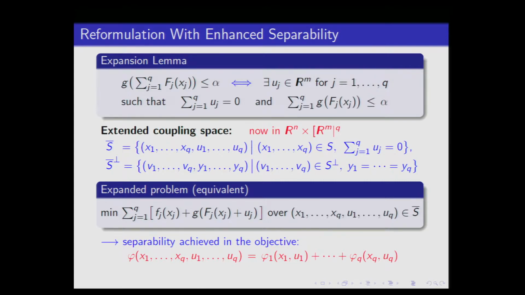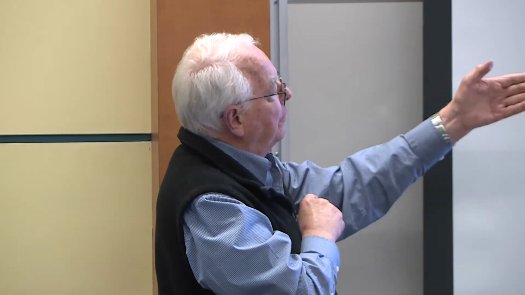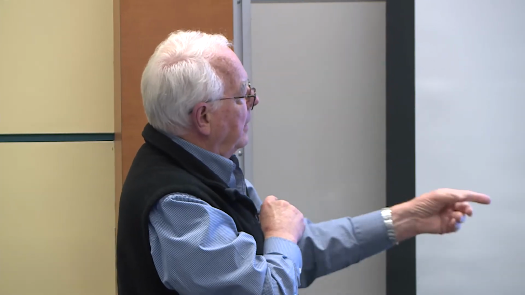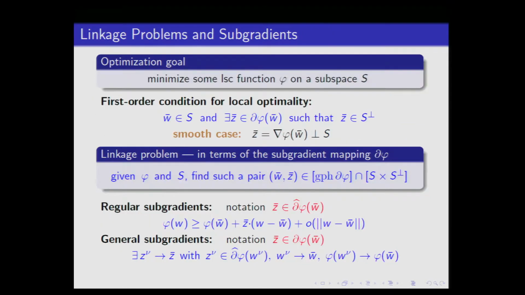So through that trick, where I had left out the u in the final lower right corner of that upper panel, I can rewrite the problem equivalently with the extra variables so it becomes separable. Separable in j. And so I'm going to minimize this separable function over a subspace. And I've gotten it this way. So I have a function phi of all those variables, which I'm writing as a sum of terms, one for each index. And now I'm going to leave this problem for a moment and discuss how I would minimize a function phi over a subspace without necessarily assuming convexity and get these local ideas going.